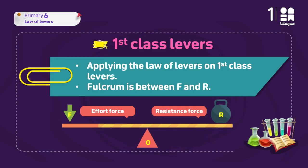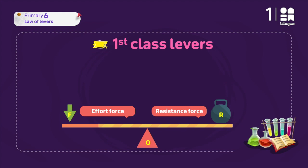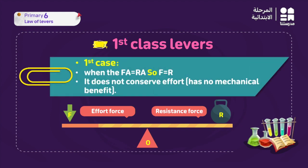تعالوا نفتكر مع بعض كده الفيرست كلاس ليفر ده كان عبارة عن إيه؟ ده كان الفالكرم between the resistance force and the effort force. يبقى applying the law of levers on the first class where the fulcrum is between the F and R. طيب عندنا 3 cases في الفيرست كلاس ليفر. طيب أول case عندنا